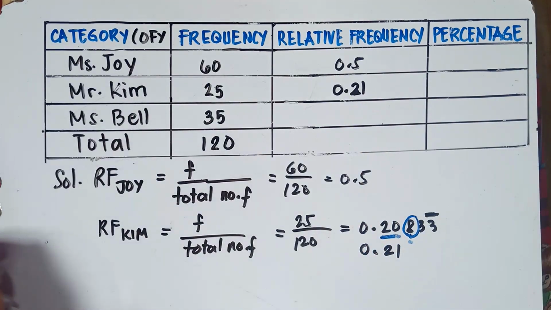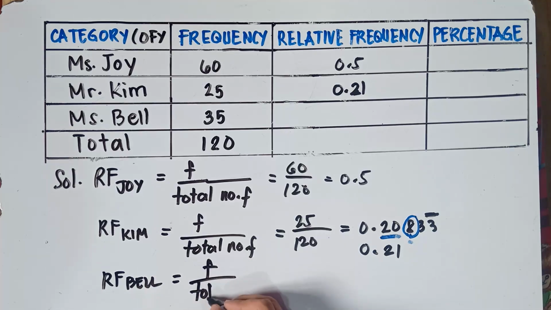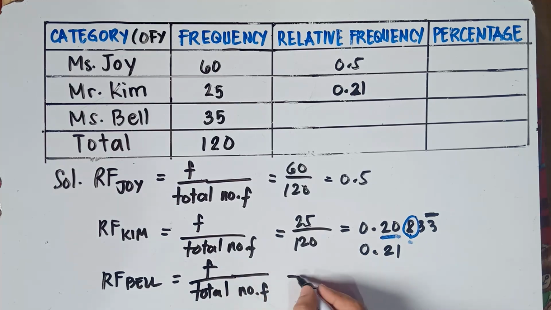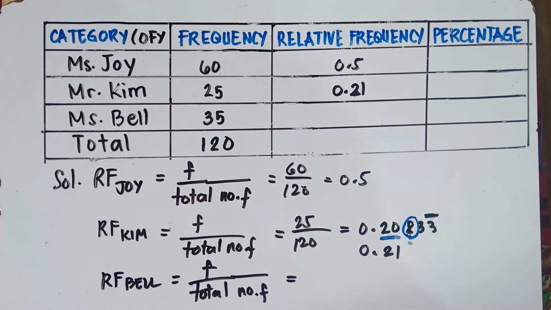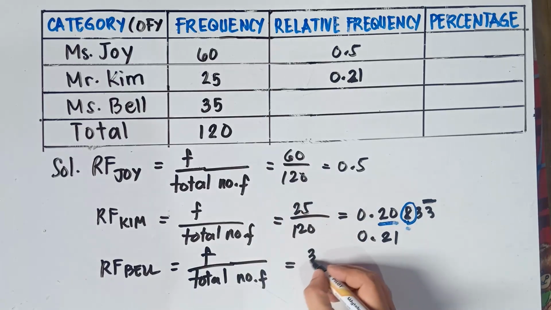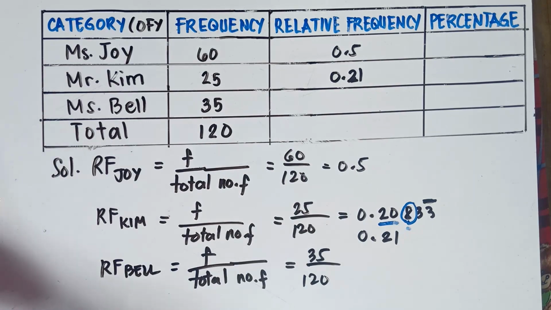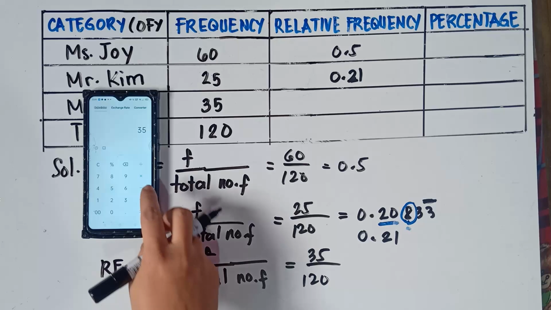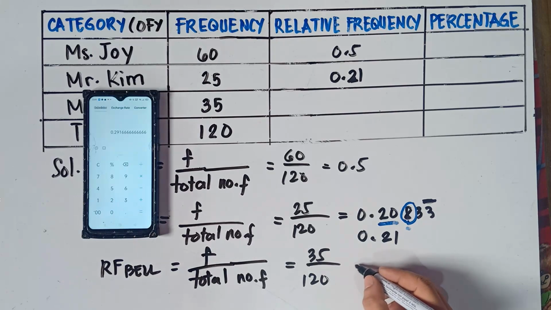Alright, and then the last one for Miss Bell. So the relative frequency of Miss Bell is equal to the frequency divided by the total number of frequency. Once again, class, this will be your solution in case the teacher asks for the solution. So the frequency of Miss Bell is 35, divided by the total, 120. So 35 divided by 120. And the answer is